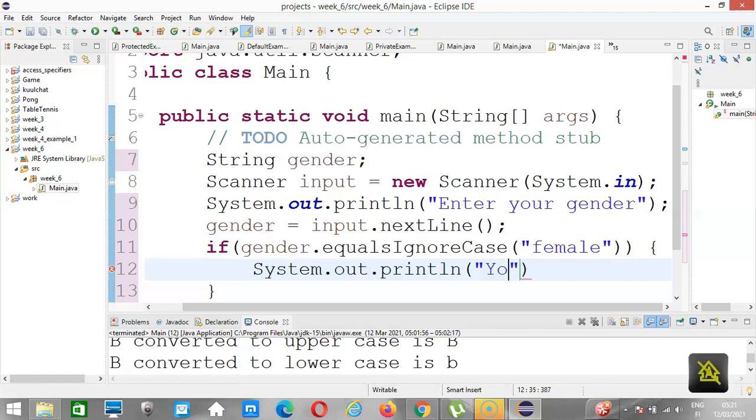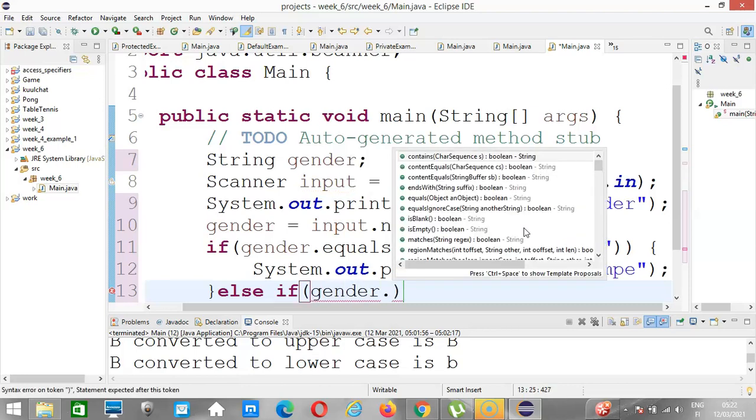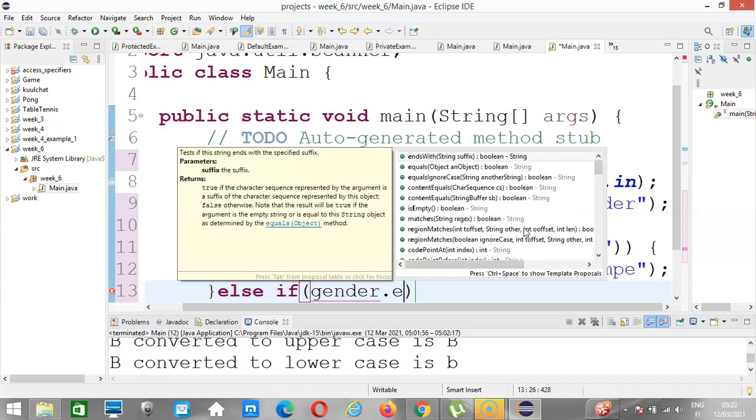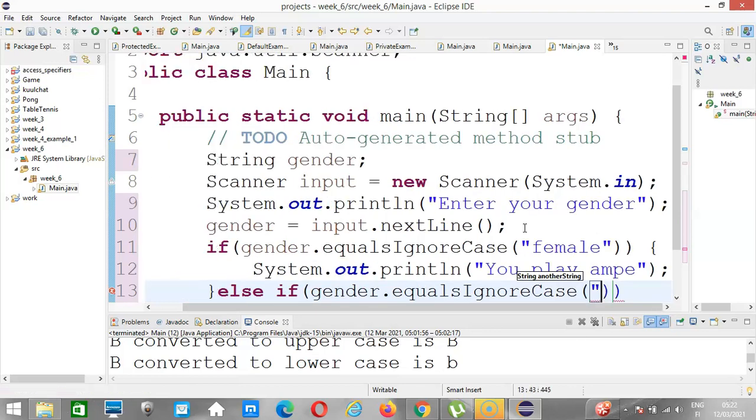Okay. But if you enter male, then we know that you play football. Even though not all males play football, we assume that so far as you are male, you should know how to play football. Even if you are not good at it, you should at least be able to kick a football. Okay. So else if gender dot equals ignore case male. So if the user enters male,